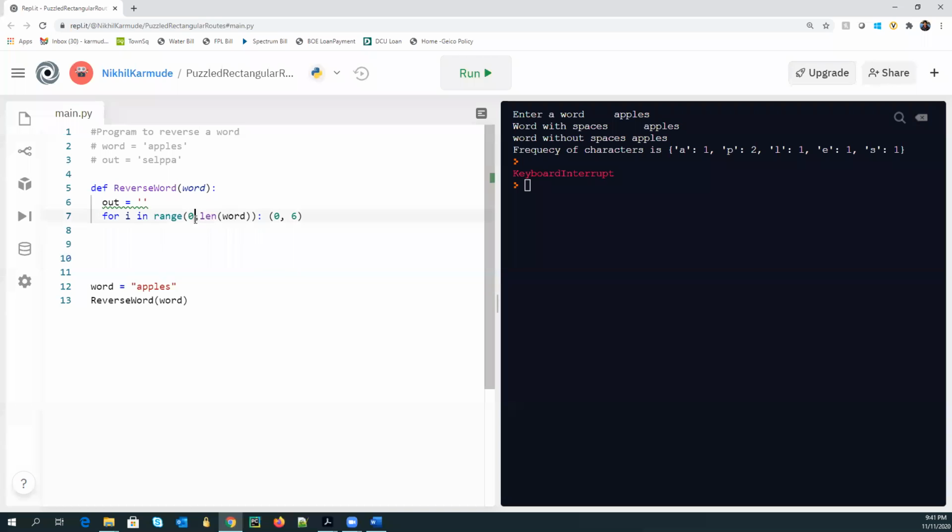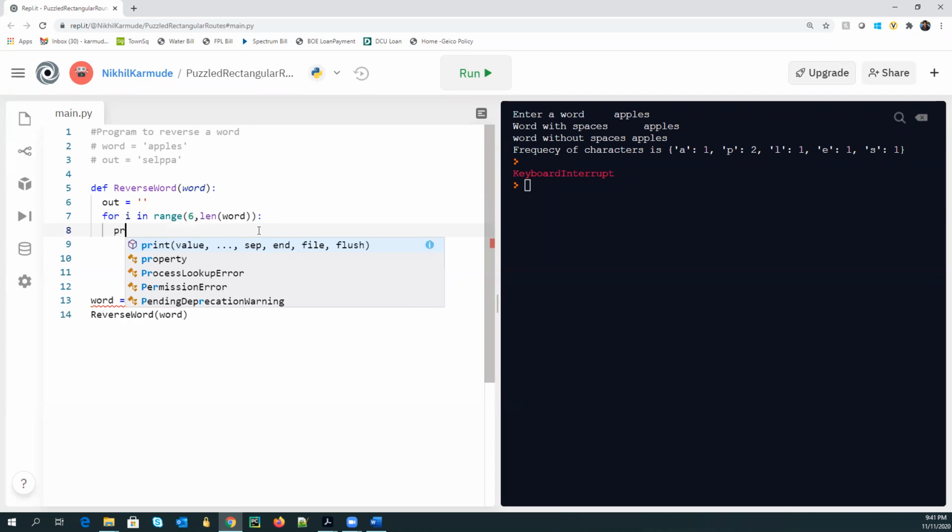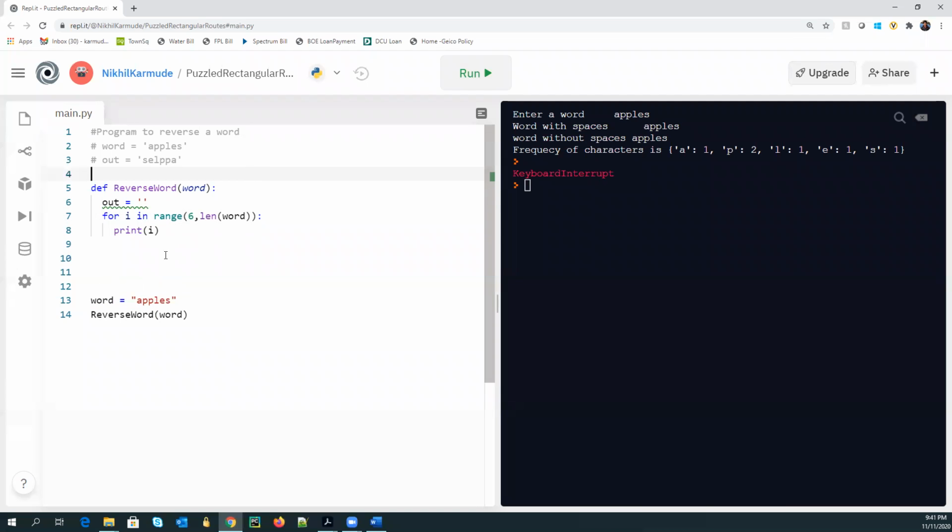So how do I loop from the end? My end is 6 and start is length of word. And let's see how it works. If you have any confusion about what should be my start and end, what you can do is print i. And if I do print i, I will get the numbers. If I execute it,